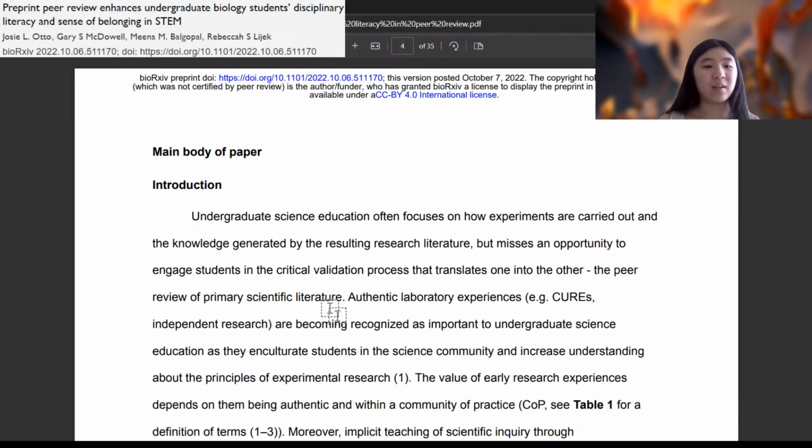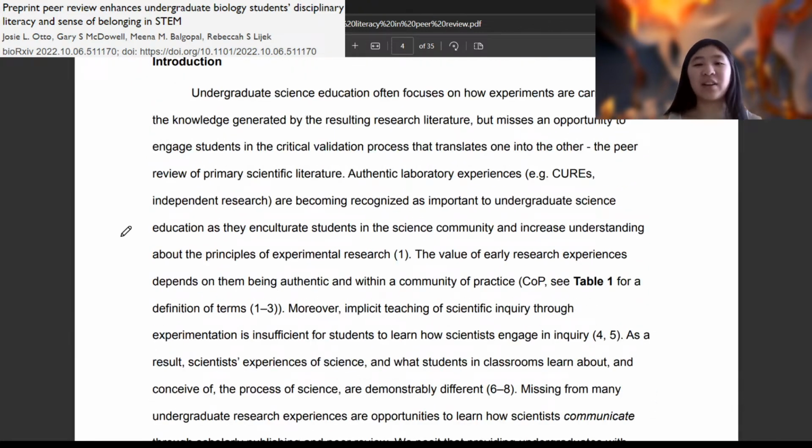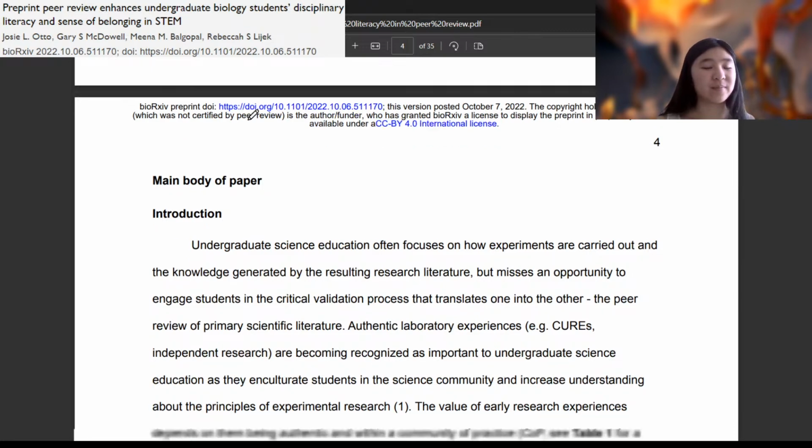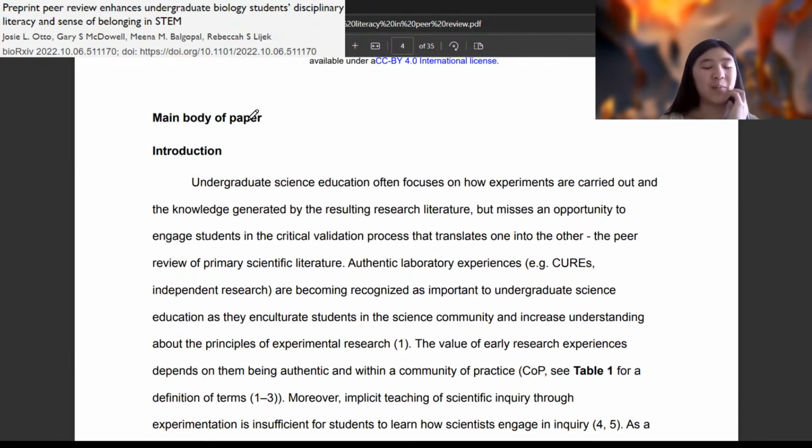Okay. So, the main body of the paper. What's actually very interesting to me is that this research article is not formatted like a usual research article. It's formatted in this typical Word document format. Research articles tend to have an almost newspapery feel to them, with small text and a bunch of different columns of paragraphs next to each other. But I like that this text is easy to read.